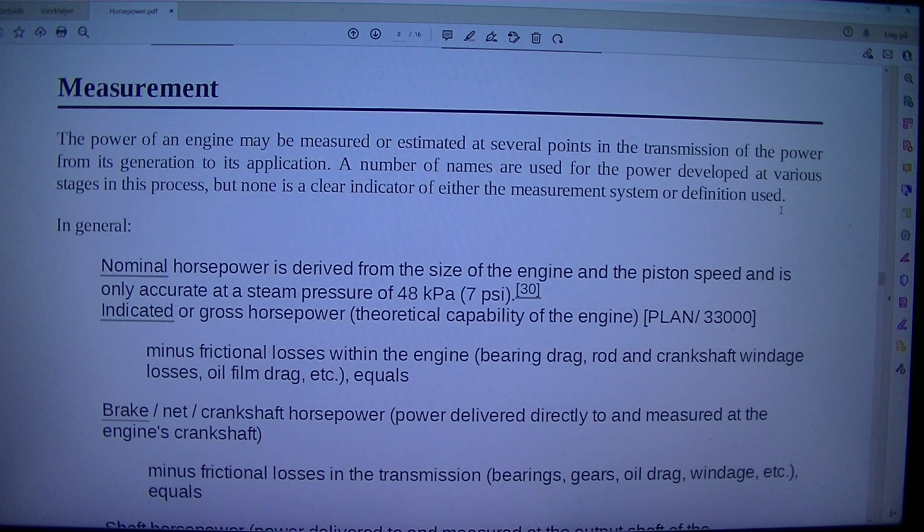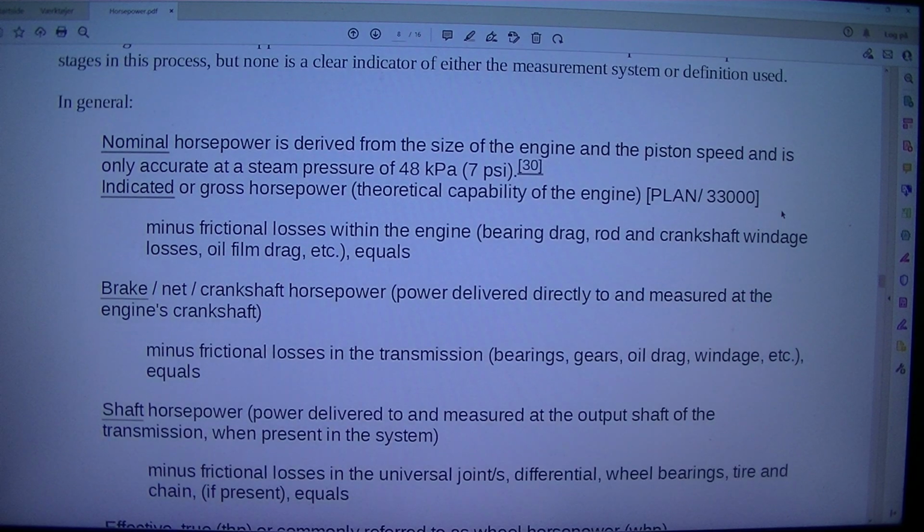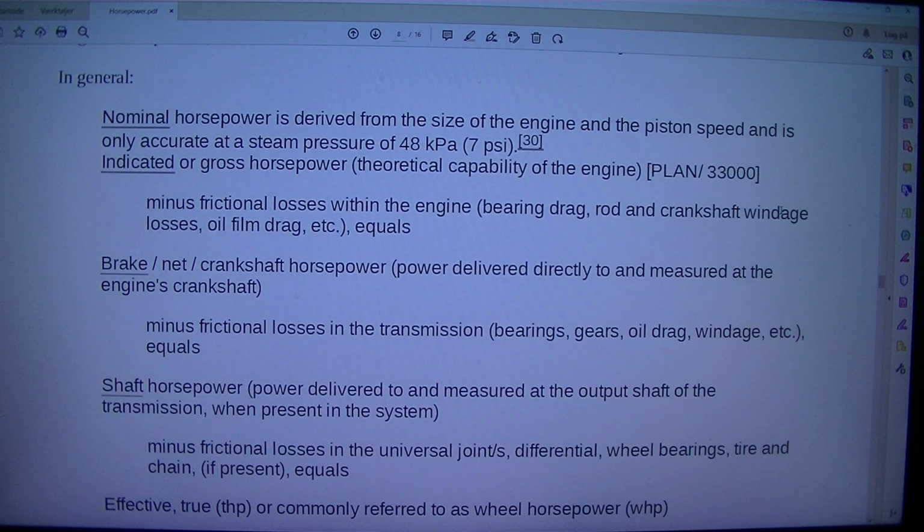In general, nominal horsepower is derived from the size of the engine and the piston speed, and is only accurate at a steam pressure of 48 kPa, 7 psi. Indicated or gross horsepower, the theoretical capability of the engine, is PLAN/33,000, minus frictional losses within the engine, bearing drag, rod and crankshaft windage losses, oil film drag, etc., equals brake